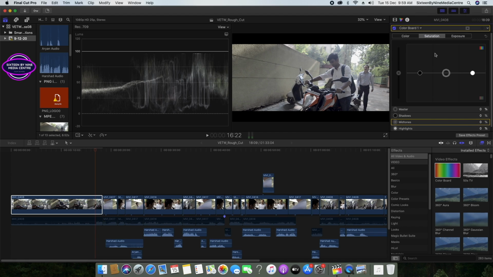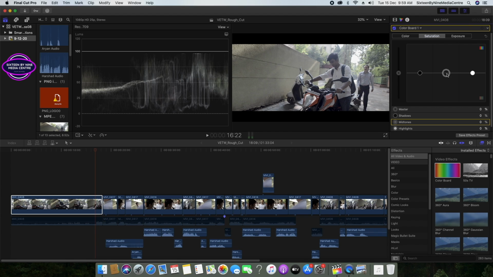Let us come to the second part now, the saturation part. First, we set up the exposure of things. So this was the exposure that we set up. And now the saturation. So saturation, what I'll do, if there is a need that I only want to increase a part of the saturation, I can here again do the same thing that I did with the exposure. I can change the shadows. I can desaturate the shadows. I can oversaturate the midtones.